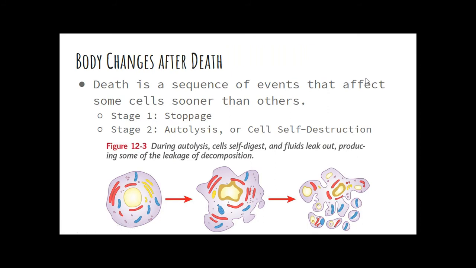Okay, so when someone dies, it's not all that singular event. There is first that stoppage of the heart or brain. But then there is the death of all of the cells in your body. So your body is made up of many, many cells of many different types. I mean, you have skin cells, brain cells, muscle cells, everything. These cells go through a process called autolysis. So auto means self, and lysis means to cut.